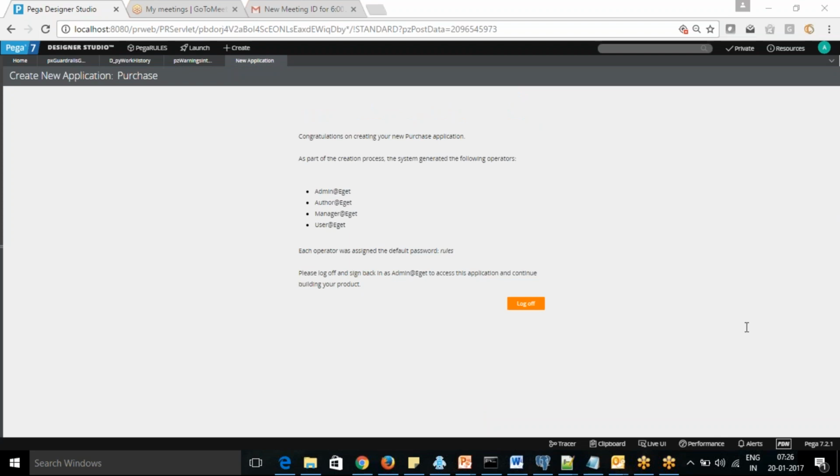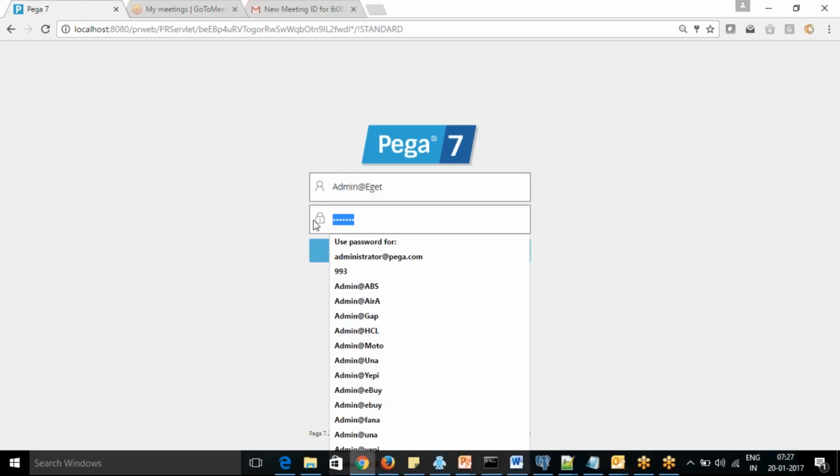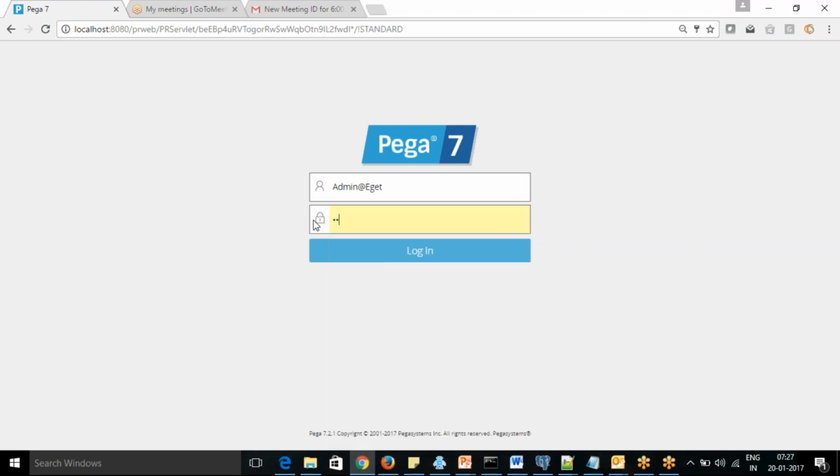So now you can see that the application is created, 4 user IDs are created. I'll just log in and show you that. What is the default password for this?